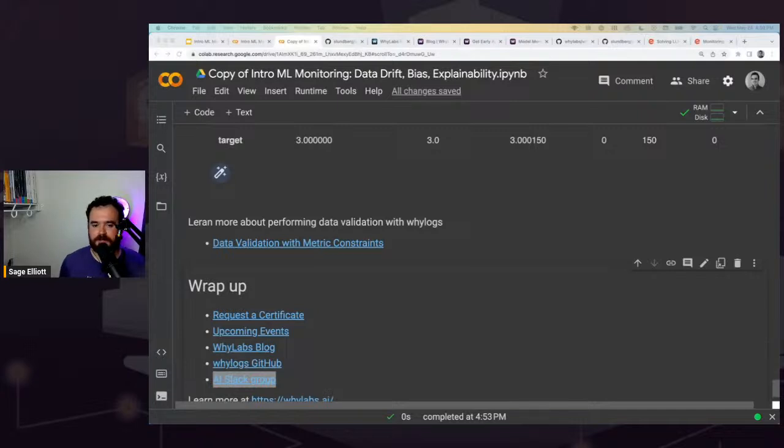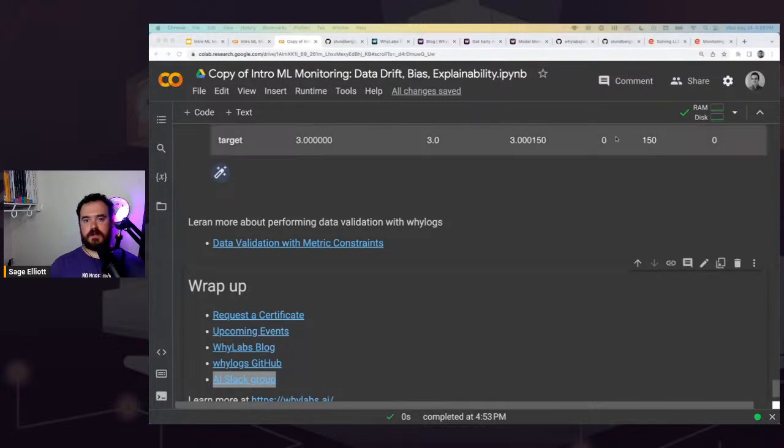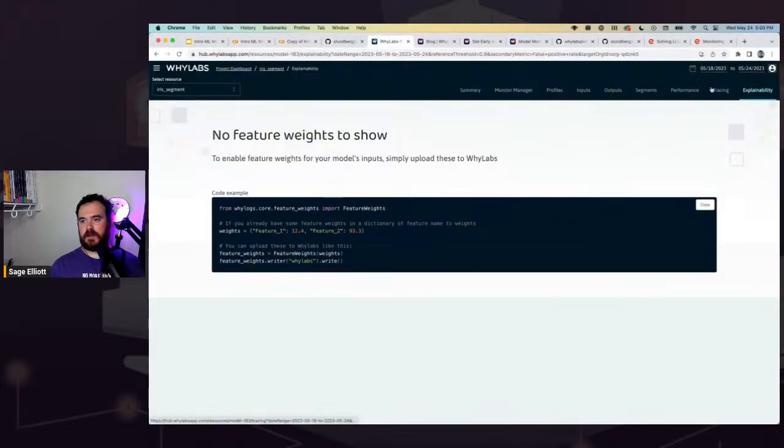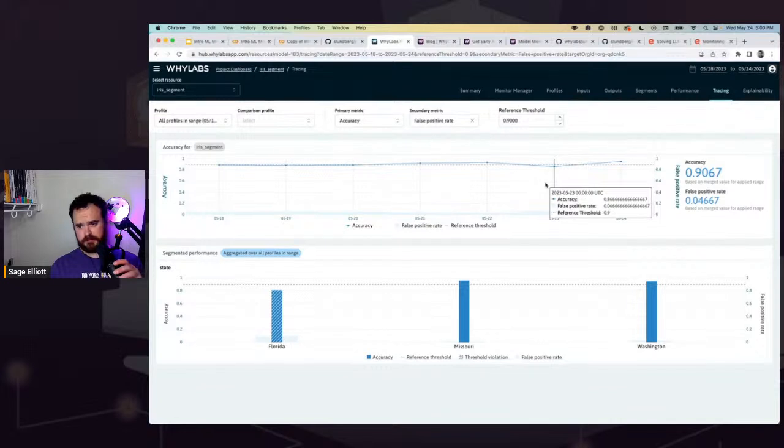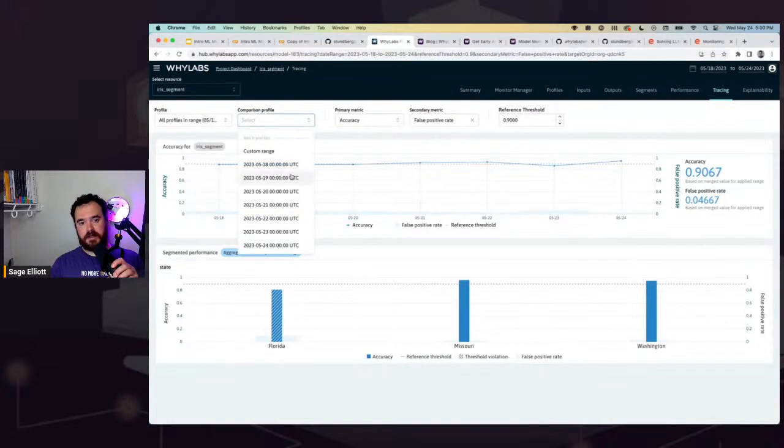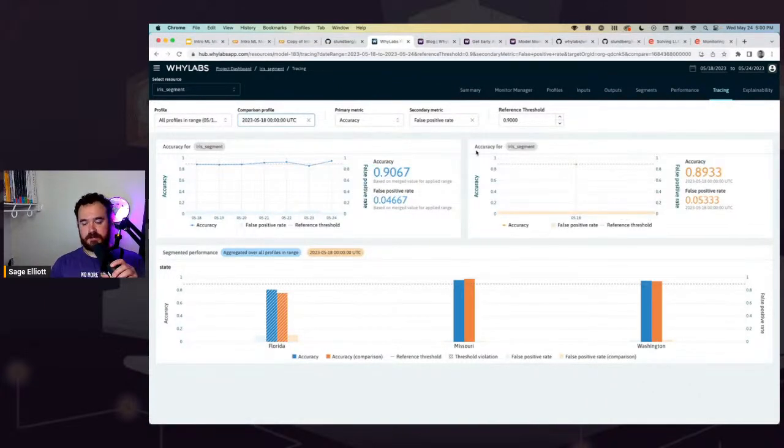For example, ours was states. Maybe we had trained a model and put it out, and at first we weren't thinking about monitoring these different states. And then later on we realize that's actually a segment we should have in our data set. So thinking about how to segment your data and adding those to the profiles before you write them up to YLabs. That might have been what you're asking.